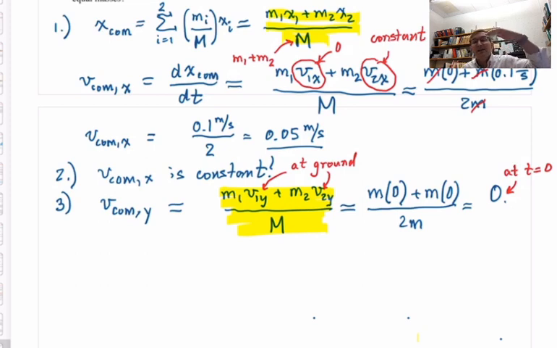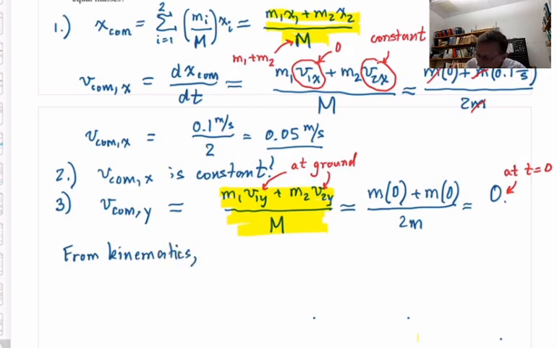Let's say that height is h. We know it's 1 meter or 100 centimeters, but let's just call it h. Then we've done enough kinematics, you should be able to convince yourself that the following is true. Just use the constant acceleration equations. From kinematics,